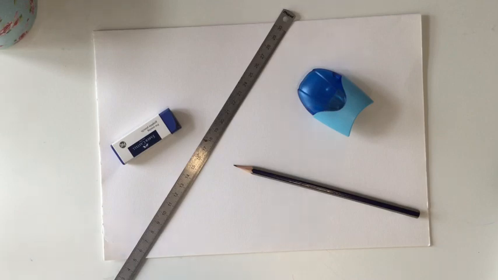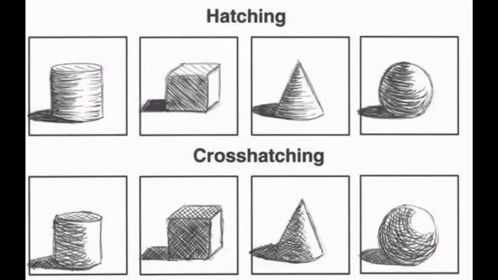a sharpener. First of all, have a look at the handout which comes with this lesson. On it you'll see 4 3D forms: a cylinder, a cube, a cone and a sphere. In the first row at the top you'll see how hatching has been used to add tone to these forms. You'll then see the same 4 3D forms: cylinder, cube, cone and sphere, and how cross-hatching has been added to